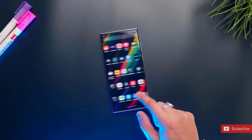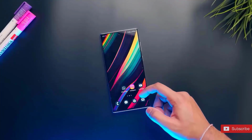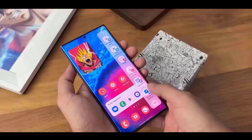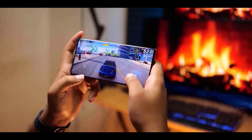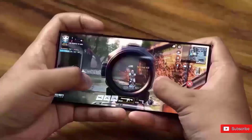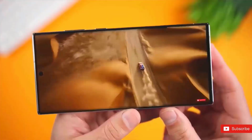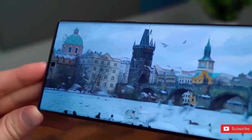Samsung Galaxy S23 Ultra may finally have the brightest smartphone display ever, and it is going to be even brighter than the brightest phone currently available, the iPhone 14 Pro Max. Samsung Galaxy S23 Ultra will have a maximum brightness of 2150 nits compared to 1750 of the S22 Ultra, and according to the tipster, Samsung might increase the peak brightness to at least 2100 nits with a maximum brightness of